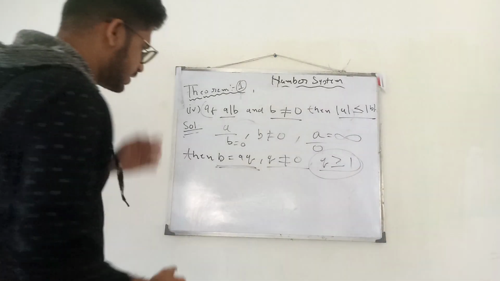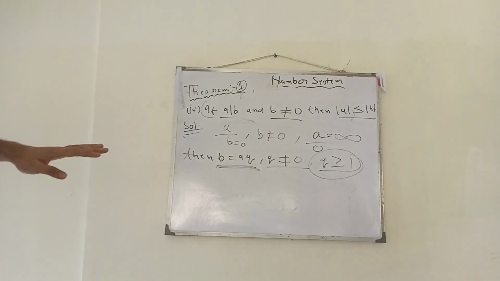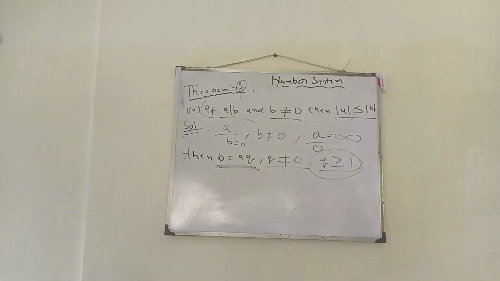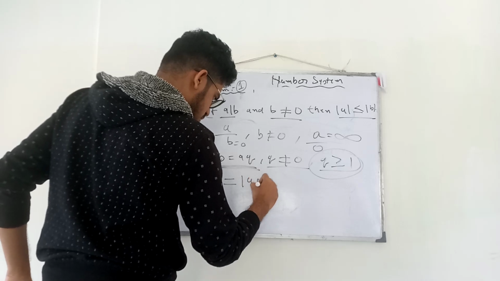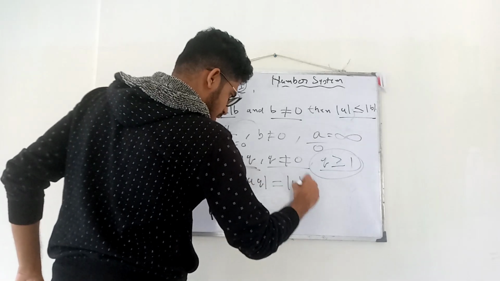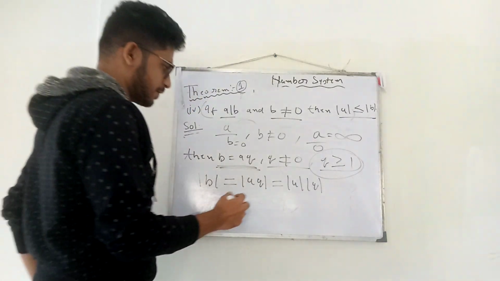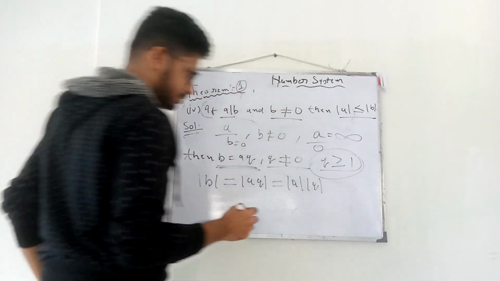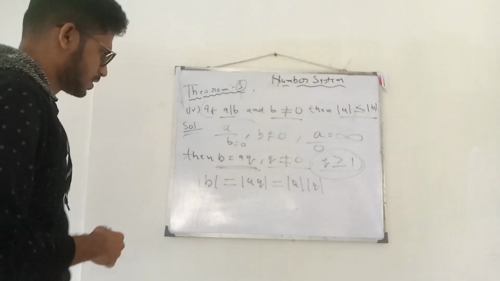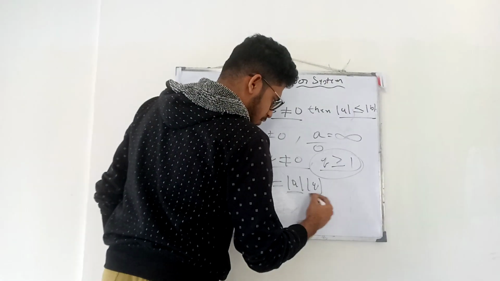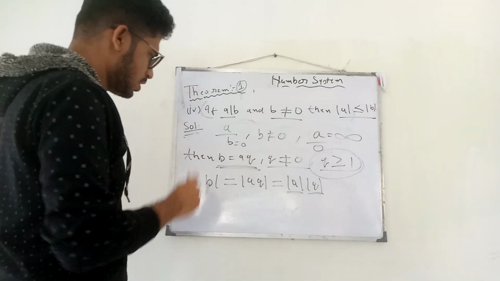So we can write, we all know, that modulus of B is equal to modulus of AQ. That means modulus of A into modulus of Q. Here Q is greater than or equal to 1. Now we can say